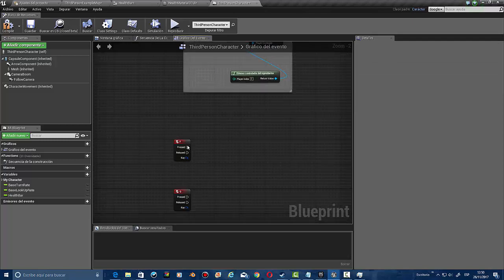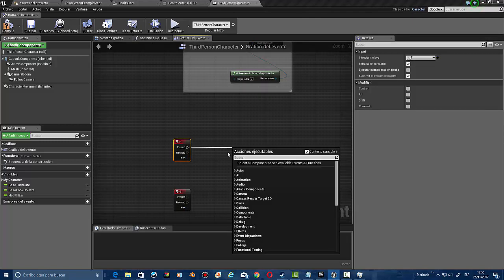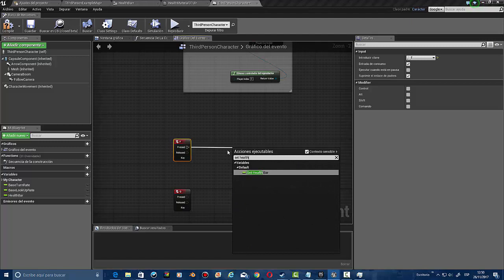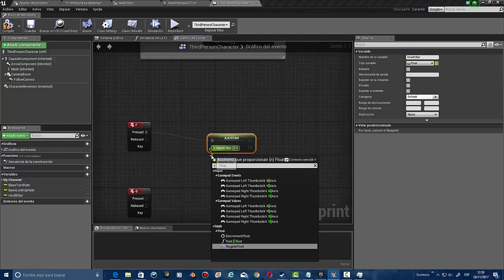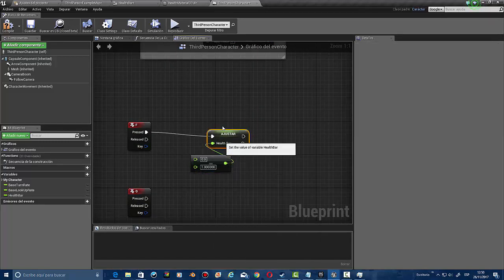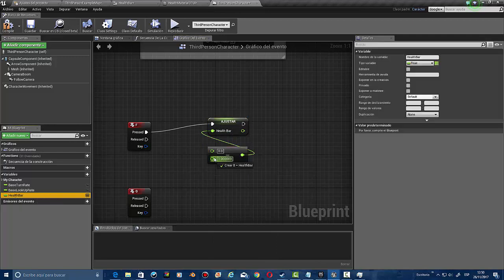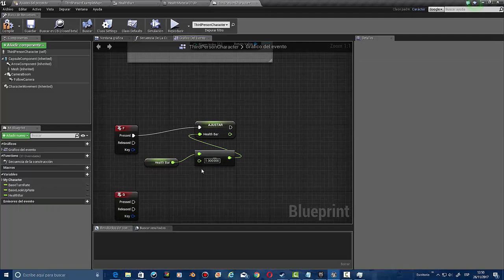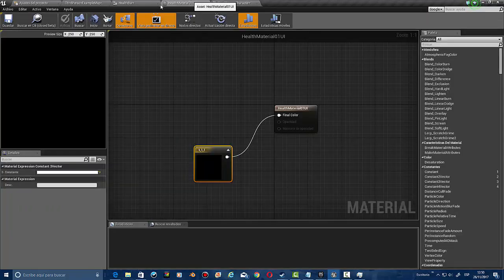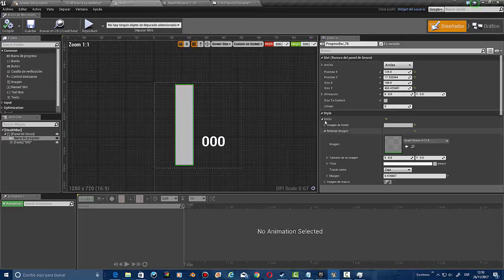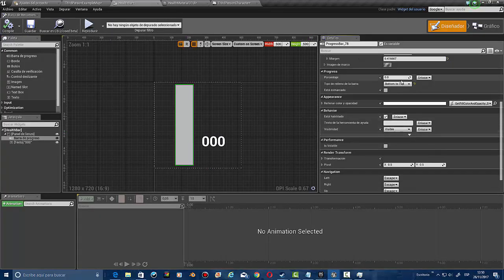So we're going to press, we're going to set health bar, we're going to set it to a minus because we're removing health points, taking health bar, and our health bar goes from 0 to 1 because the percentage of the bar works like that in Unreal. We come right here, you see that the maximum percentage goes from 0 to 1. 1 is the maximum percentage. So